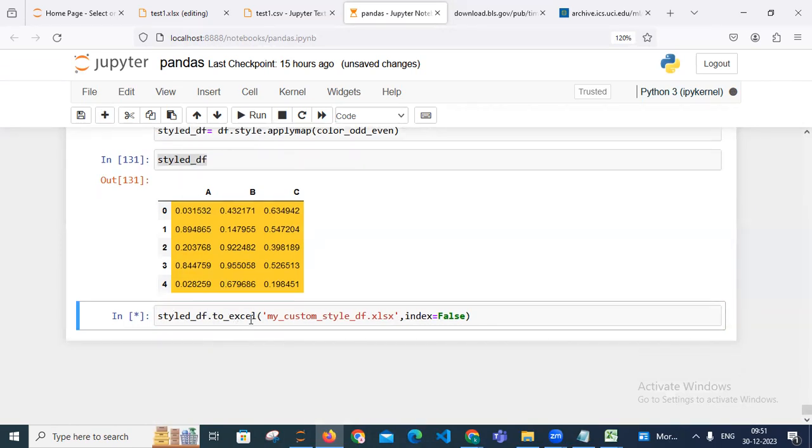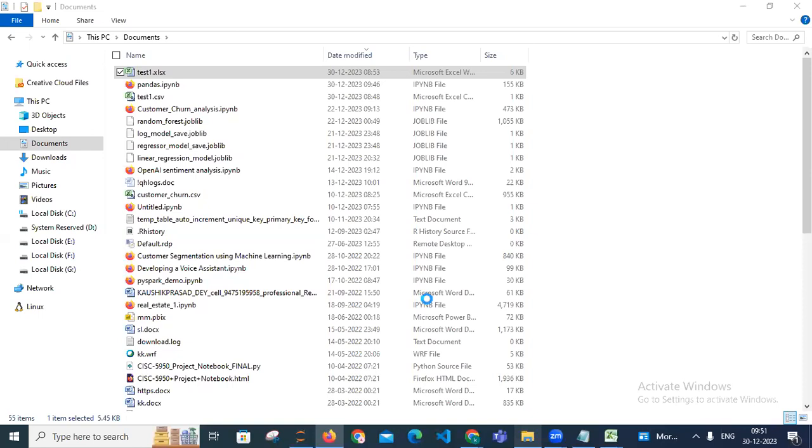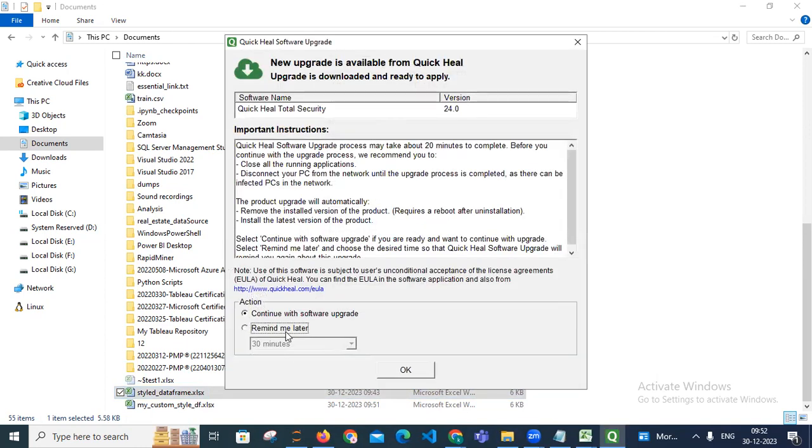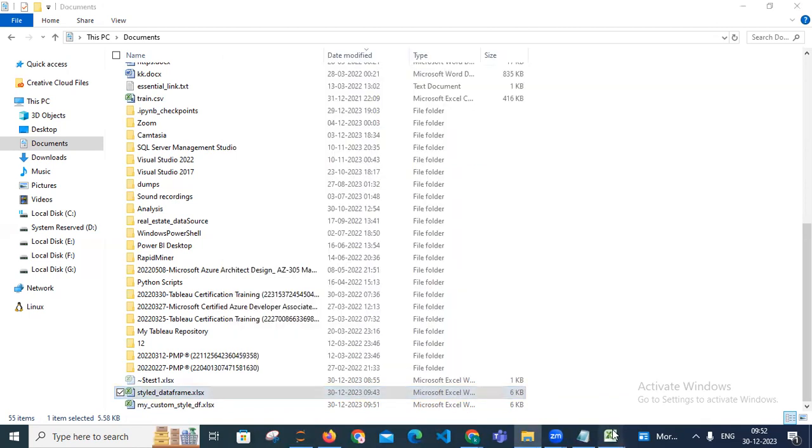it will convert it in the Excel. You can see Excel, right? My custom style, just go in the home page, or you can probably go there, style and in Excel. Just a second, style. Yes, so just probably write style. Style data frame. Just open it, style underscore data frame that I'm going to convert currently. Excel. Let's have a look. This color is coming or not over there. Sorry for that. Region also be there. And you can also see